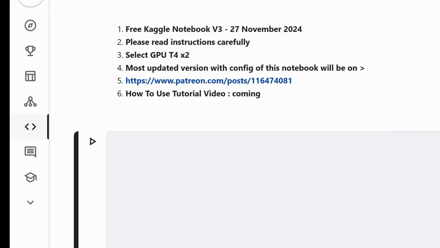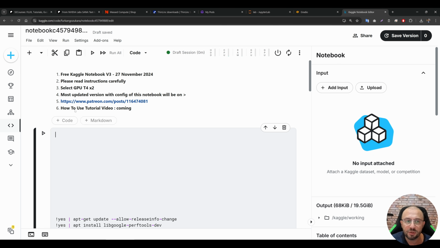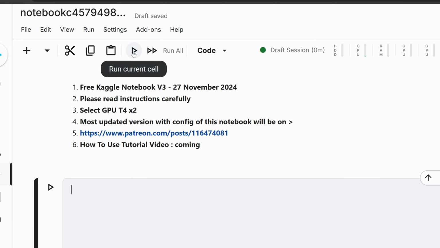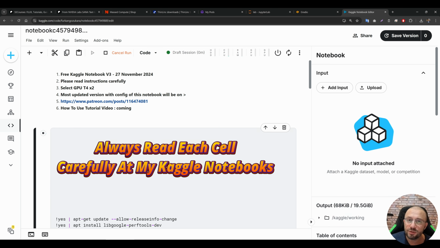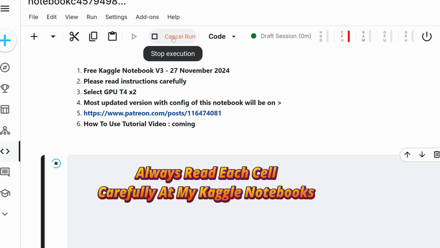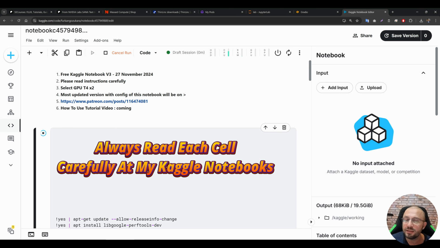Then click this cell. You can either click this play icon here, or if it is not visible, you can click the run current cell here. Click it. The first cell is going to install everything automatically for us. Just wait until this cancel run disappears. Once it has disappeared, it means that the installation has been